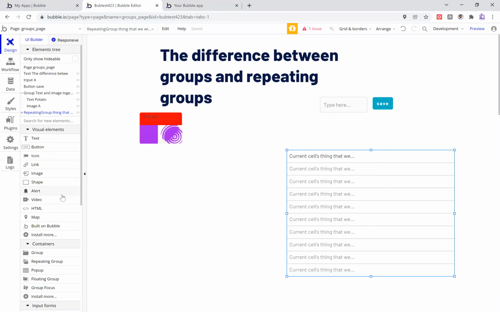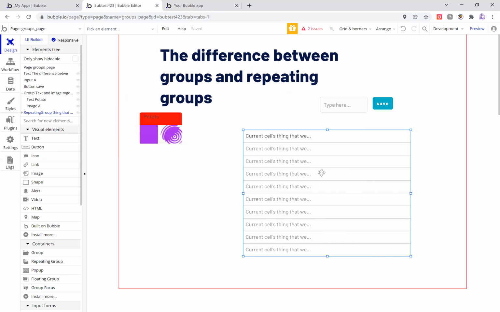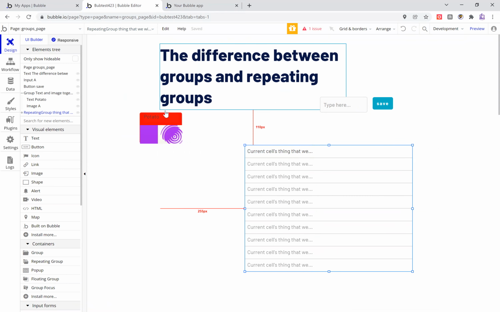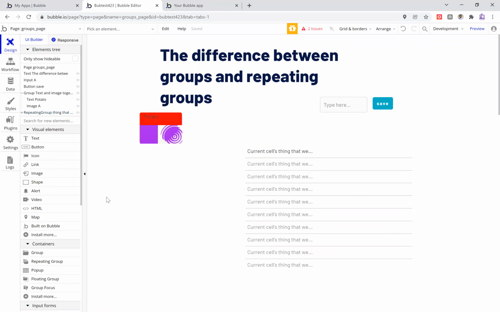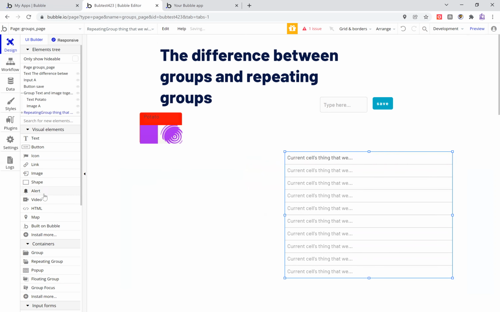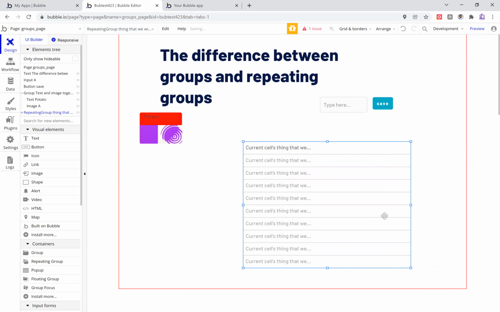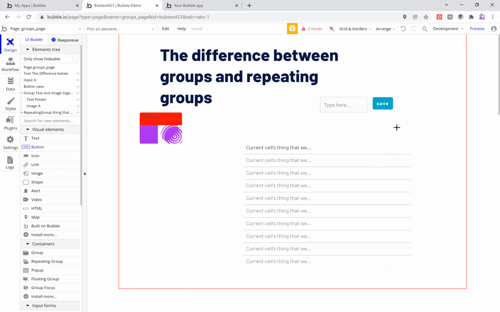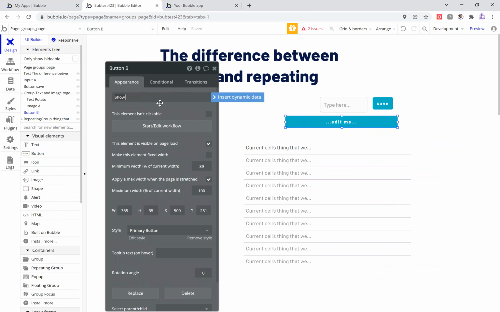Groups. Groups give us the ability to hide things. So I can hide a repeating group. I can hide a regular group. I might put a repeating group inside of a regular group to hide it. This is useful for a few different reasons. Say I have this, right? This is a group of things. Make a button here, right? So things,